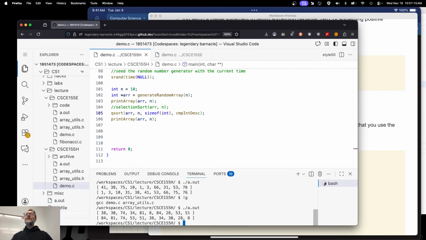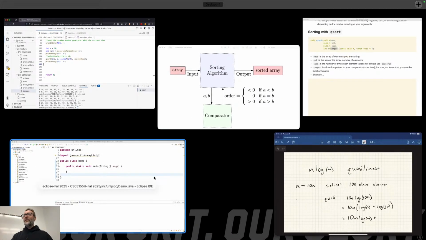And now is it in descending order? Yep. Descending order, descending order, descending order, each and every single time. Right? Okay. Awesome. QSort. I don't have to do anything else. Right? We'll talk about binary search and linear search, the generic versions of those later.